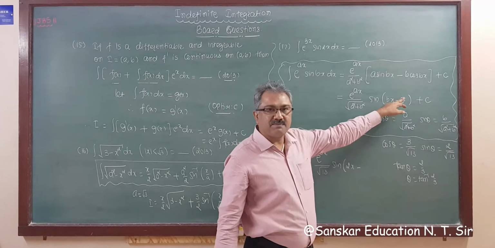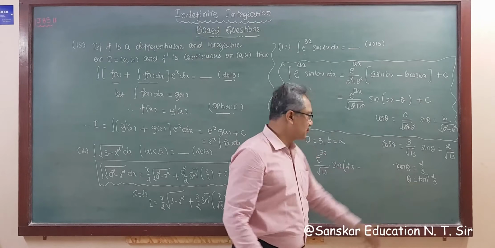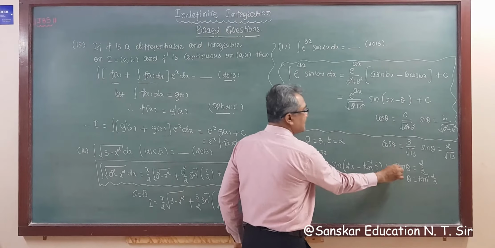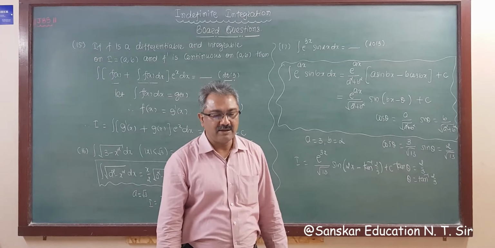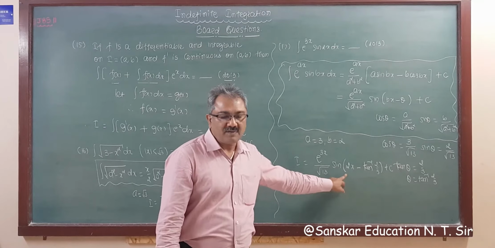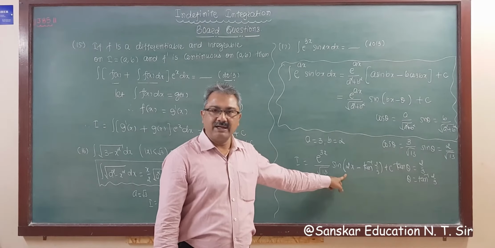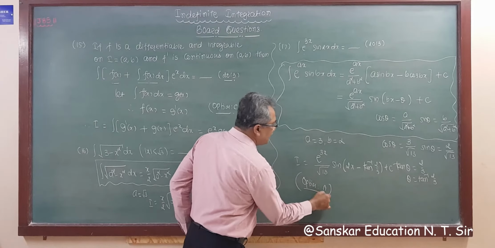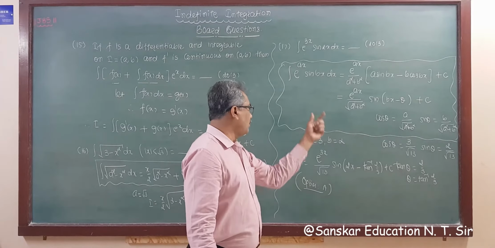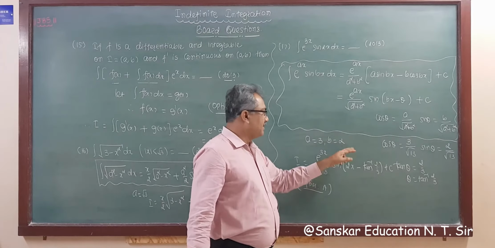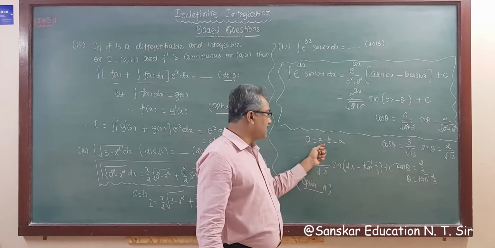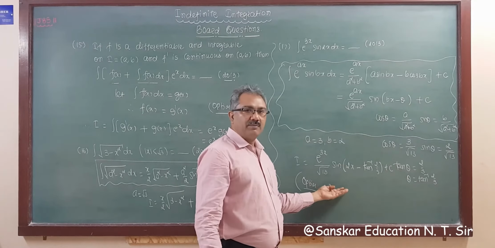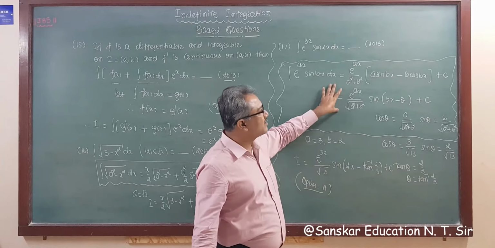So what is your answer? sin(bx minus theta), theta is tan inverse 2 by 3. So the answer is tan inverse 2 by 3 and plus c. So which option is the correct answer? Option A, right? So the correct answer is option A. Everything depends on this a and b. You know, this 3 by 2 is not a known value. This is sine, 2 is for sine. So 2 by 3 is not a known value, so you have to write tan inverse 2 by 3. So it's very easy; without writing anything, you are able to write the answer if you know both formulas.